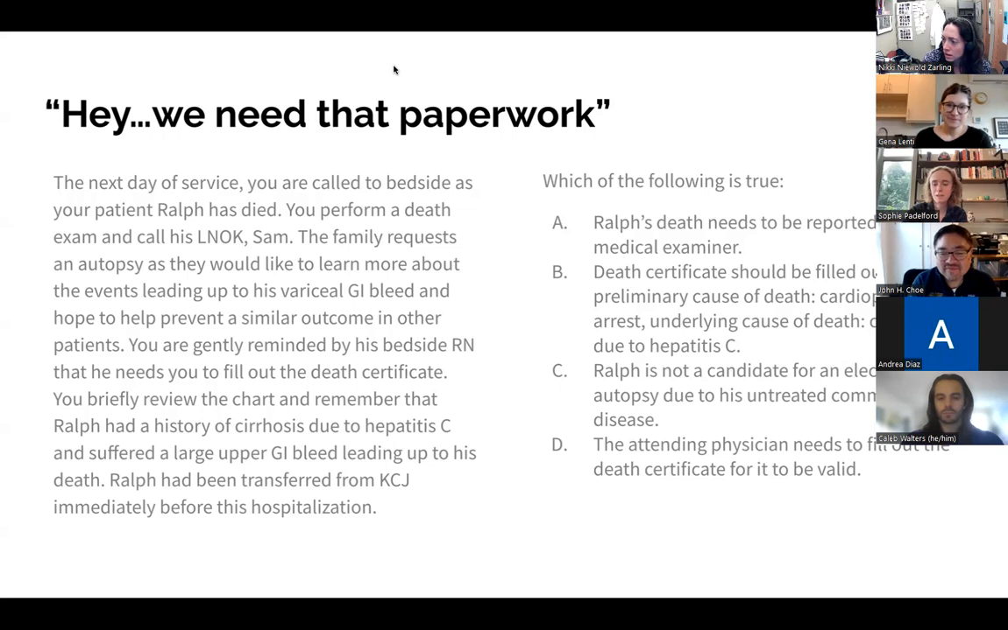Between A and B, we're going to briefly review some broad categories for which deaths are reportable. Briefly, A is correct. This death is reportable because the patient had been transferred from King County Jail. And B, this death certificate, the underlying cause of death, I totally agree with, cirrhosis due to hepatitis C, but